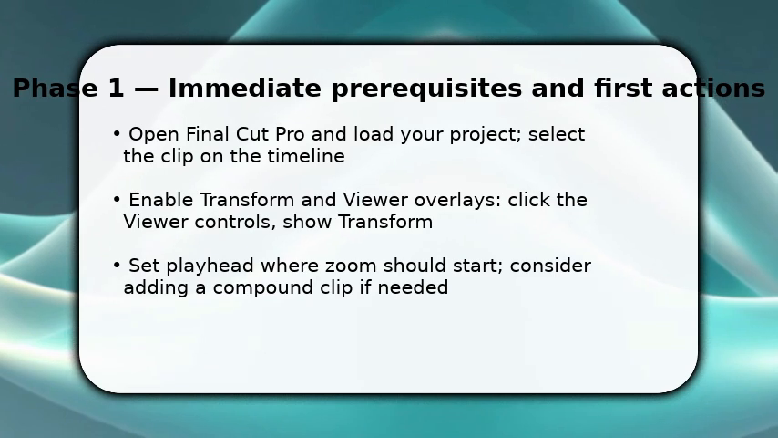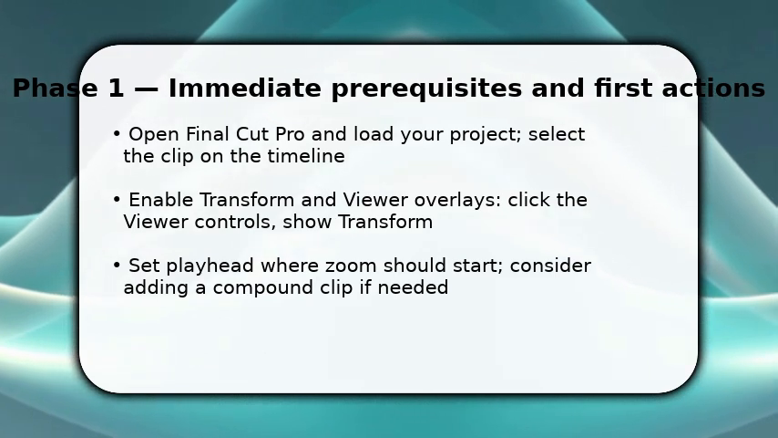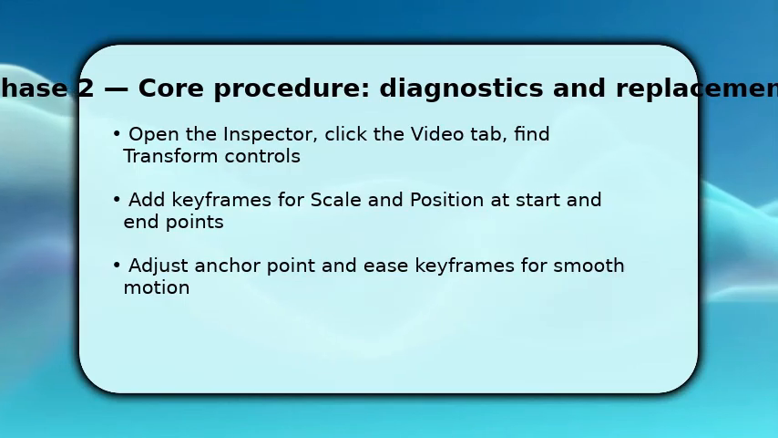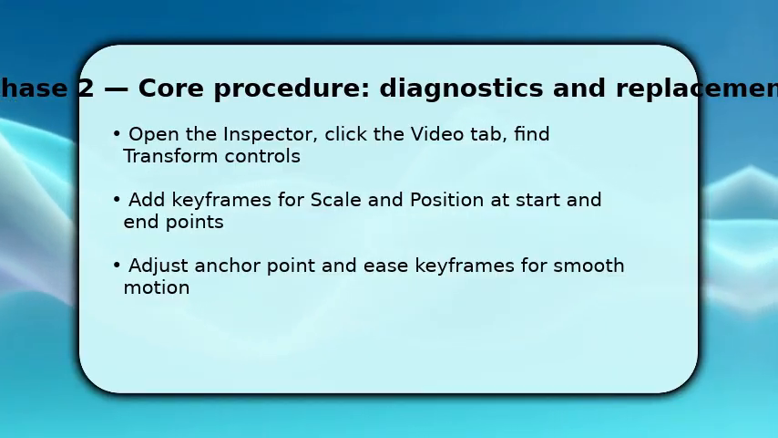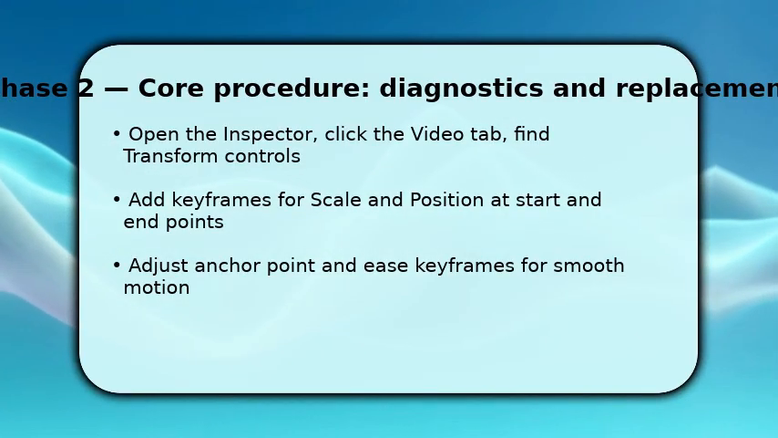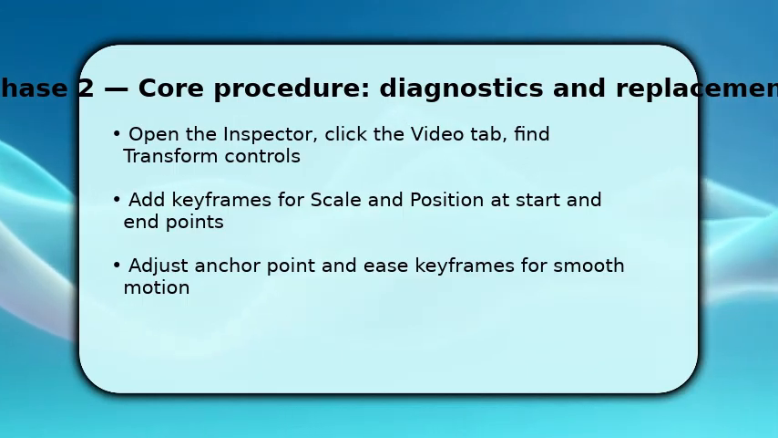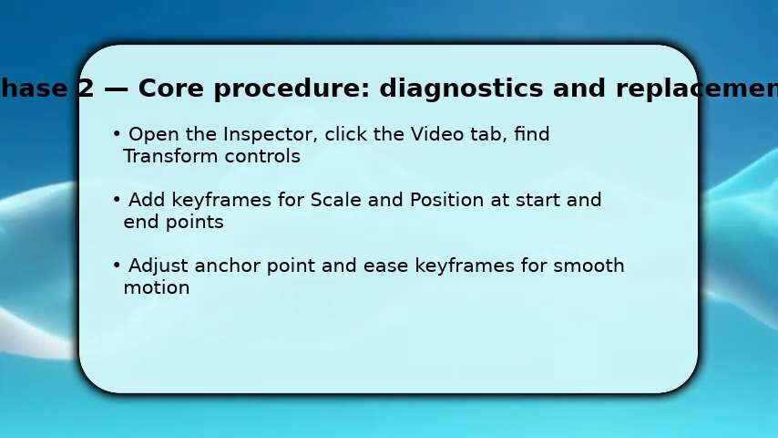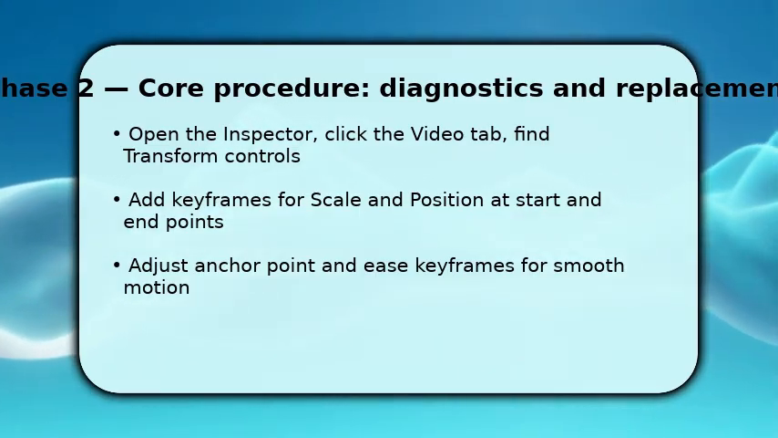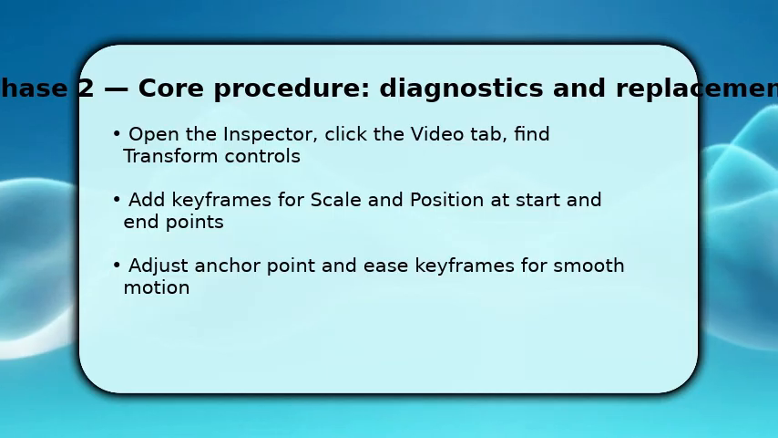With the clip selected, open the inspector and locate transform. Scale and position are your main controls. At the start point, click the keyframe diamond for both properties, then move the playhead to the endpoint and change scale and position to frame the subject. Adjust the anchor point if the zoom pivots oddly. Moving it recenters motion. Once keyframes exist, select them and choose ease in or ease out for natural acceleration and